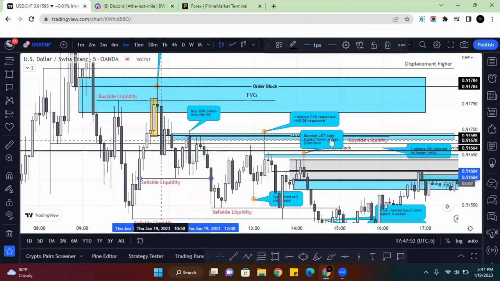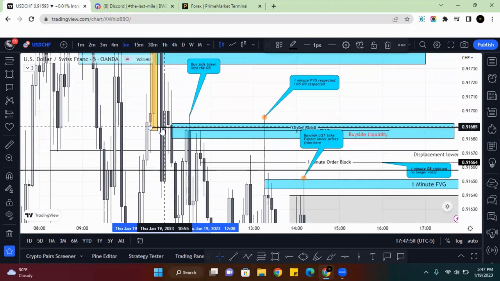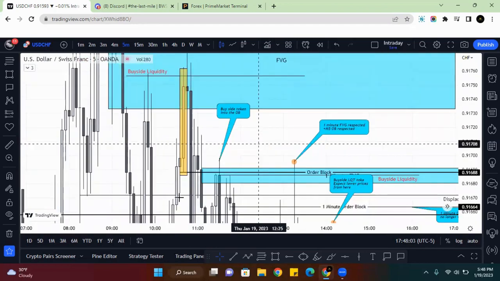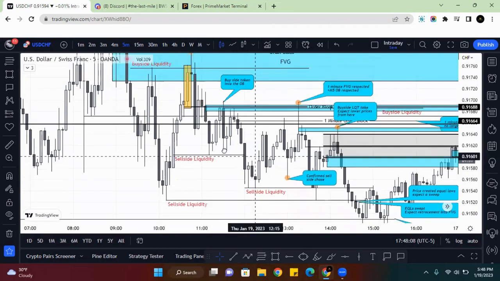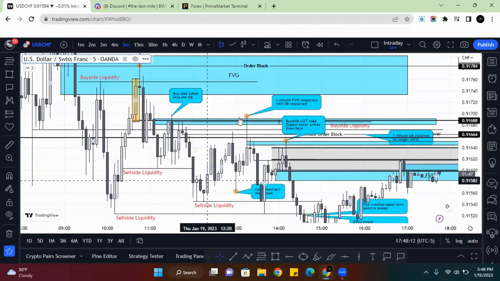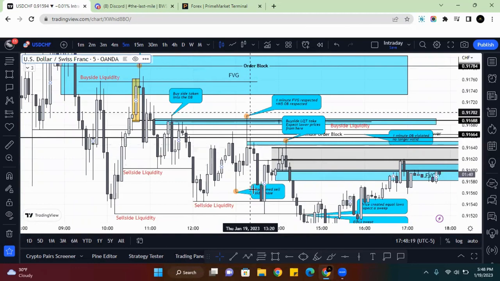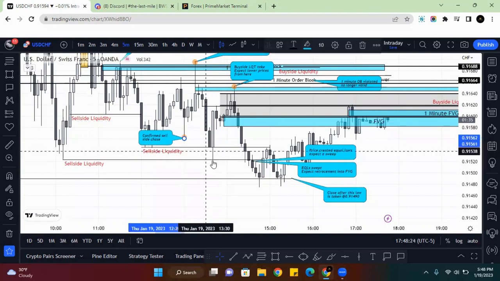So I did draw in that order block as well. And you can see the markup right here. I just use the horizontal red tool. I just marked up the open. So I filled the 1 minute fair value gap and tapped perfectly the last up candle before the sell side liquidity take, right? And even had a continuation from there. So I knew that the next thing that price was doing, or I should have known at the time, my stop loss was where it needed to be, that they were going to come take some buy side, sell side, buy side every time. Sell side again, right? Down here. Sell side again down here.